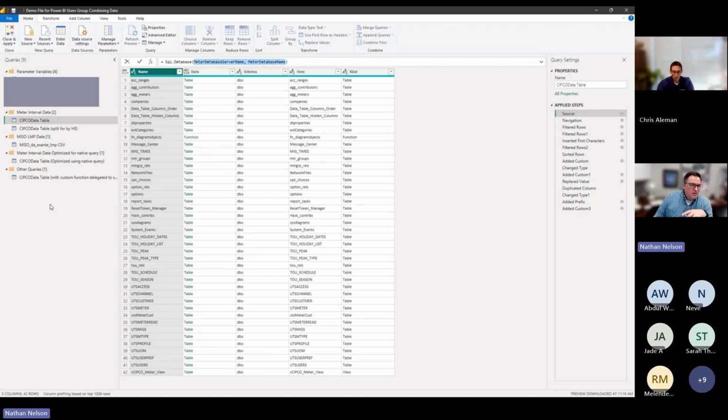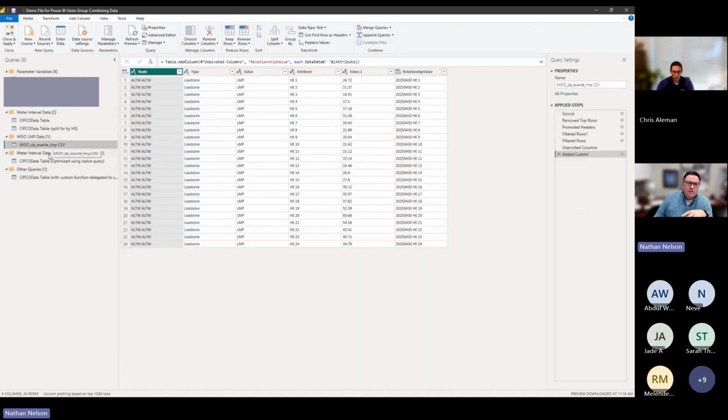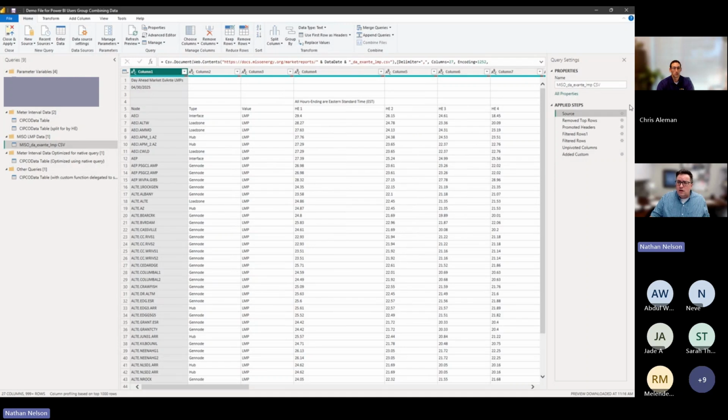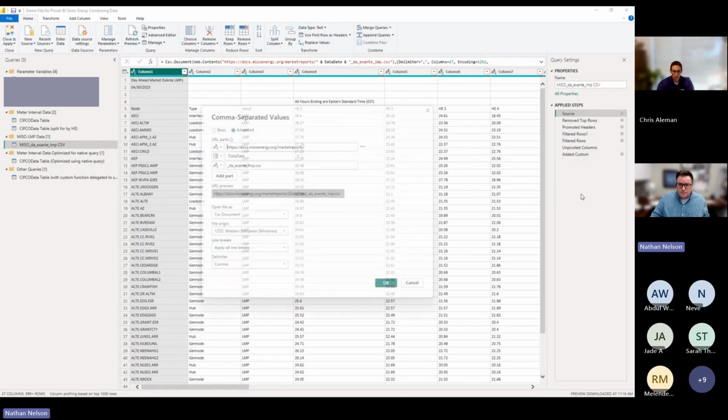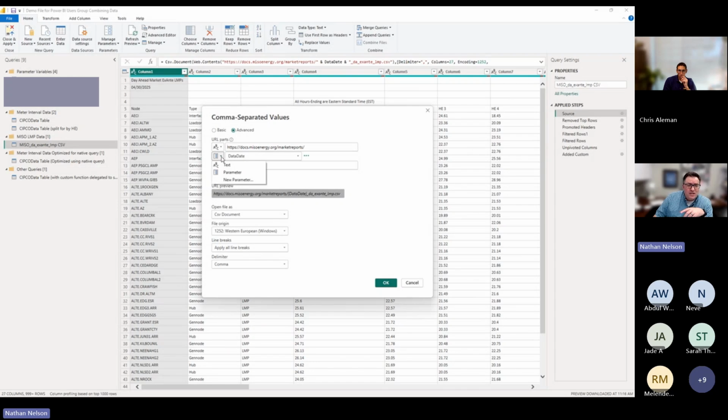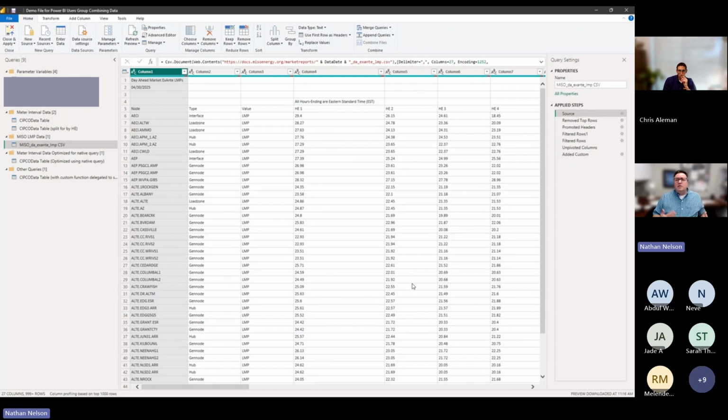One of the areas where this becomes really, really simple to see is if you're bringing in a web source. Specifically, if you're taking a look at web sources, you'll notice that there's the option inside of the advanced area to connect to a URL using different parts, and they've got parameterization built right into that source. The point being, if you're not utilizing parameterization, you're kind of locked into how that query was written. If somebody needs to change something, then they actually have to go in and alter the query as opposed to